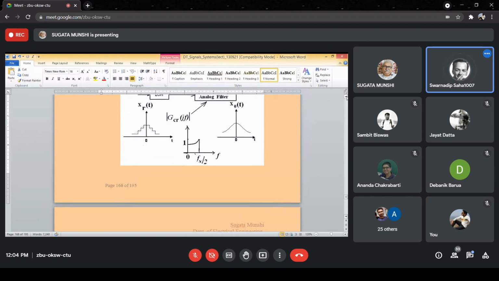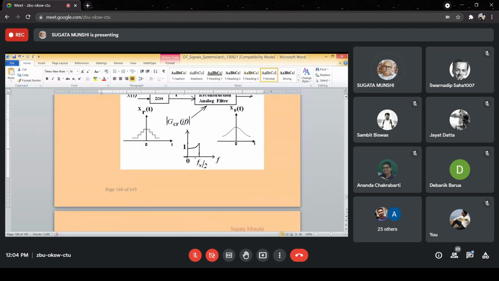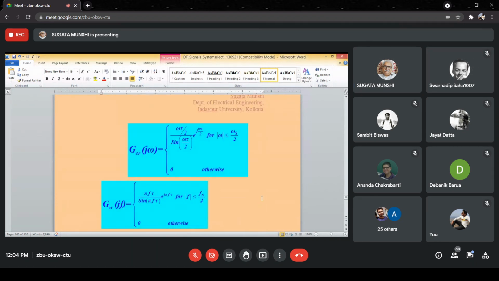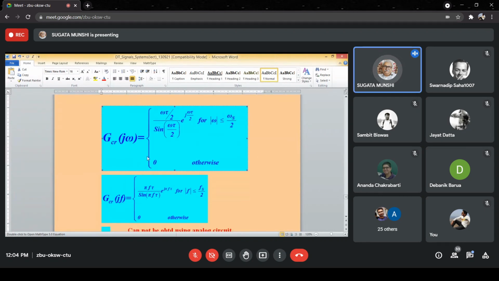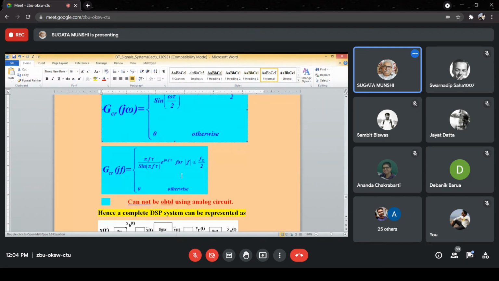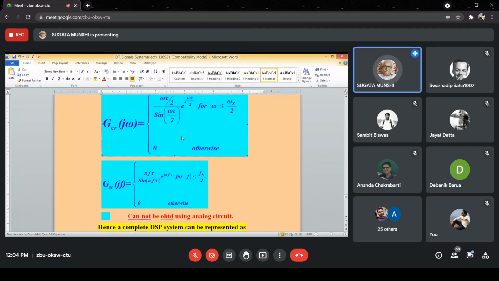Sir, complete. I have written down the expression for the frequency response. যে কোনো একটা লিখলেই হবে, GCR JF টা লেখো, J ওমেগাটা দরকার নেই আপাতত।